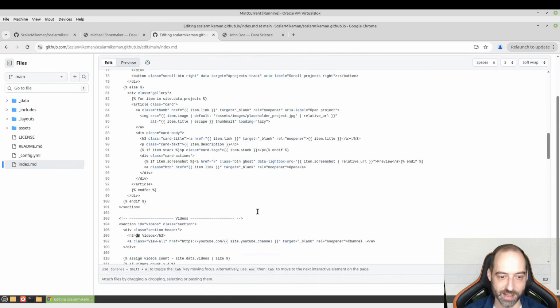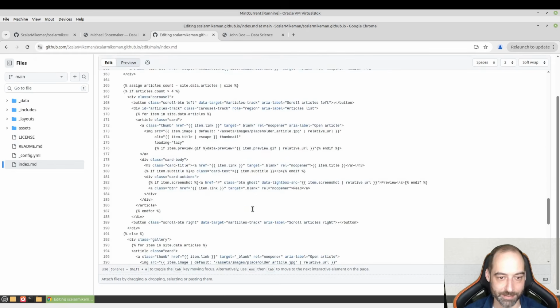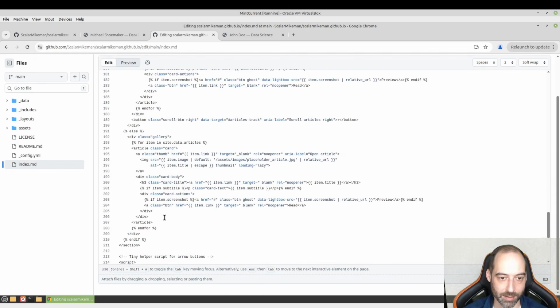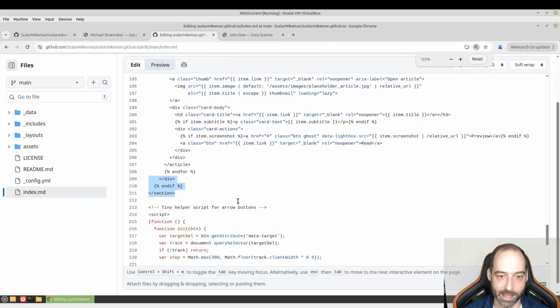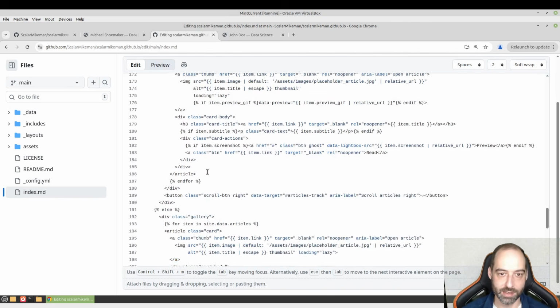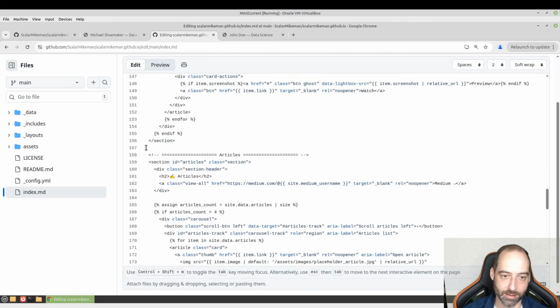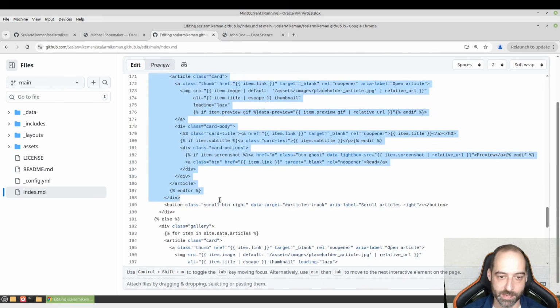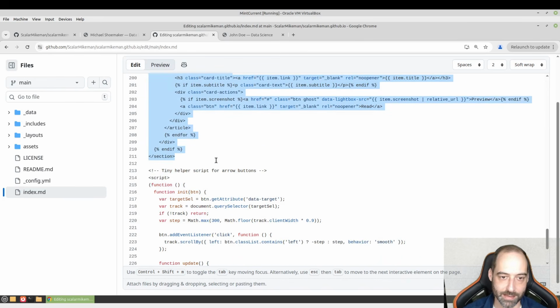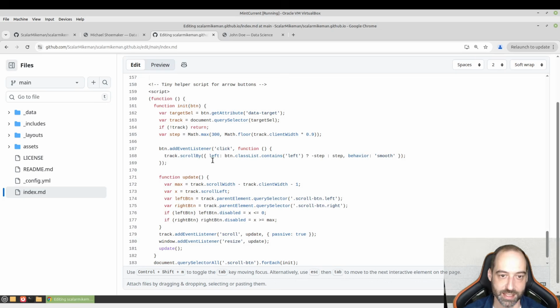Really bothers me that it renders like that, but oh well. Okay, so you can see where the section ends here. I should have made this bigger a while ago, my apologies. And you can see where articles starts here. So if I just scroll down, I'm just going to take that whole section out